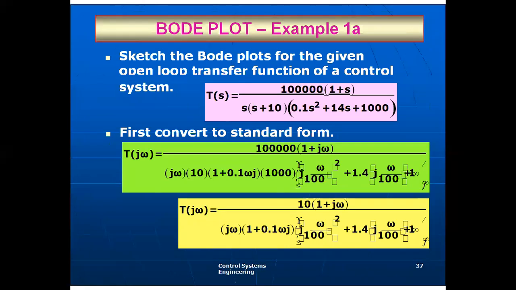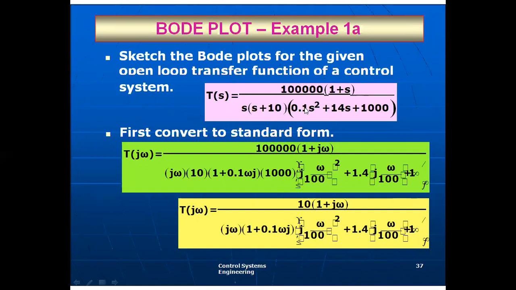Okay, so let us consider a problem. While solving this problem, first you have to factorize: what is the constant term, what are the zeros and poles, poles at origin and second order factors. Before starting the problem, first we have to split this